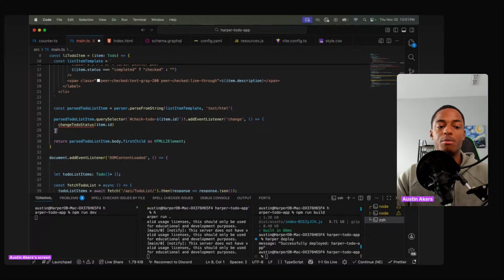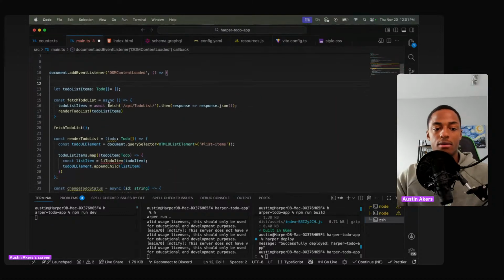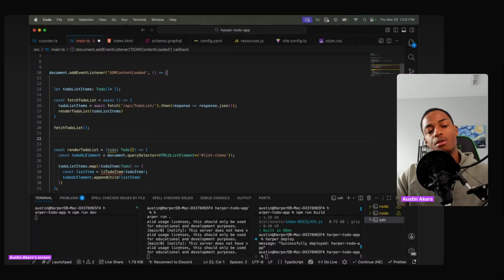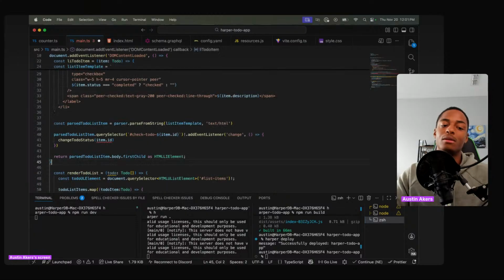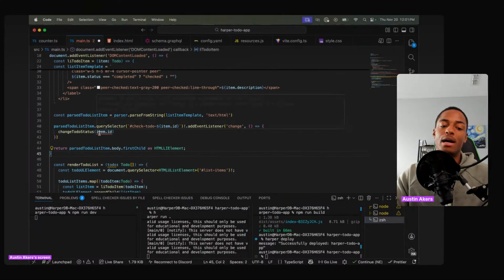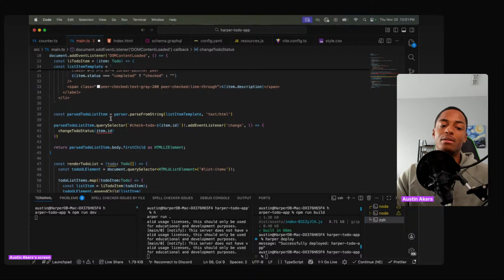Yeah. So let me bring that inside of our content loaded here. So give me 1 second, y'all. I guess we'll set this right under that fetch. We render our to-dos. Actually, let's do it under render. No, it's a template, so we'll need that template. So is it item? Let's see here. Change to-do status. We only need the ID, but